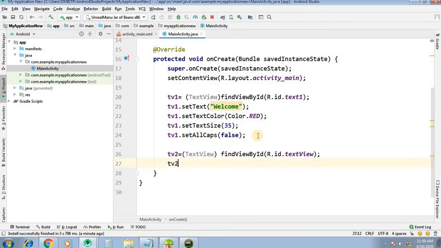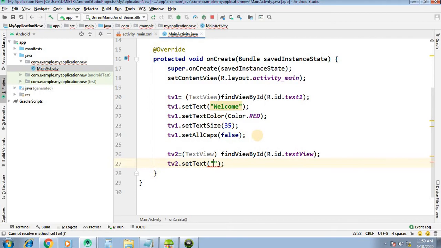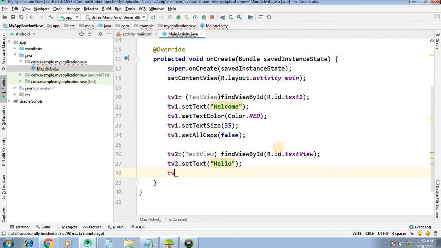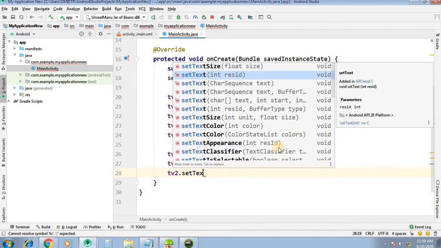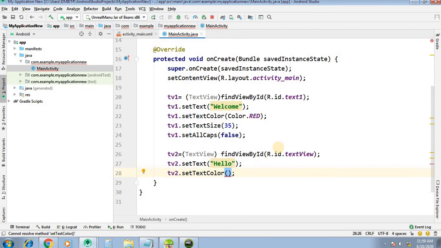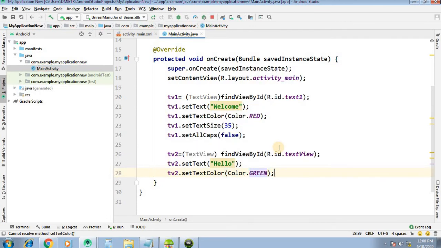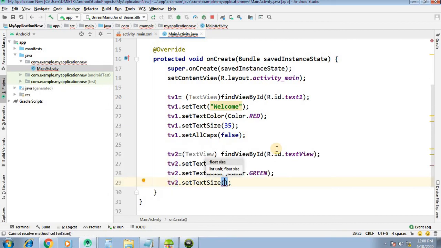tv2.setText, we will set the text to hello. Then tv2.setTextColor, we will set the text color to Color.GREEN. Okay, we will set the color and the size. tv2.setTextSize, we will set it to 40.